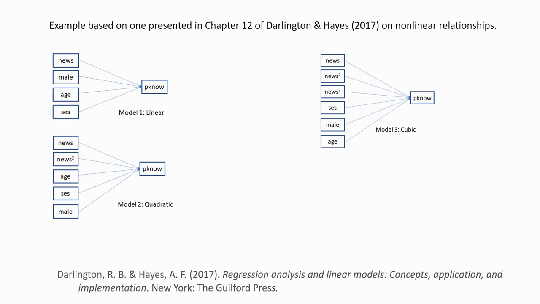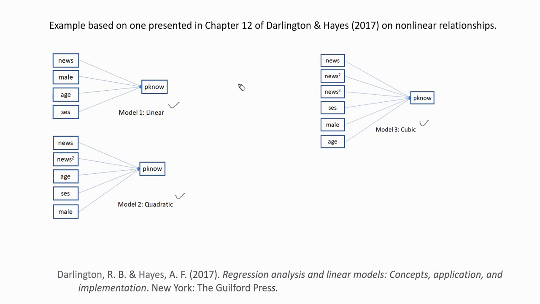In that chapter, they walk through a hierarchical strategy for testing different nonlinear relationship possibilities. What I'm going to be doing in this video is walking through those models. There's no treatment of SPSS in that presentation, so that's where I'm going to be picking up in this particular video. As you're looking at the models on the screen, you can see that we've got three models. We've got a linear model, we've got a quadratic model, and then we've got a cubic